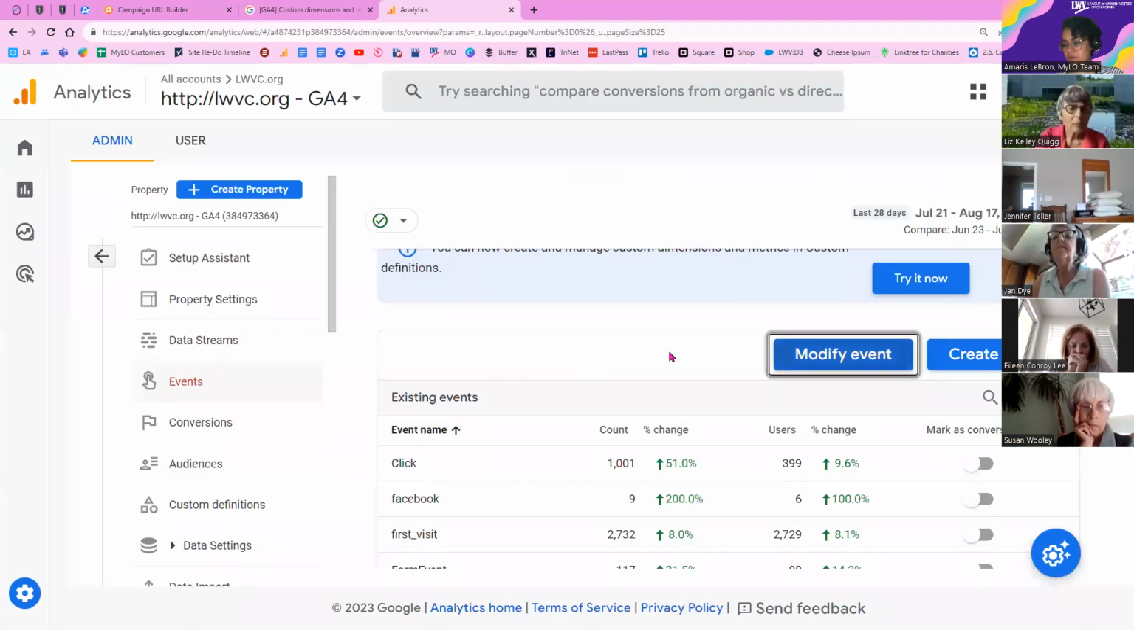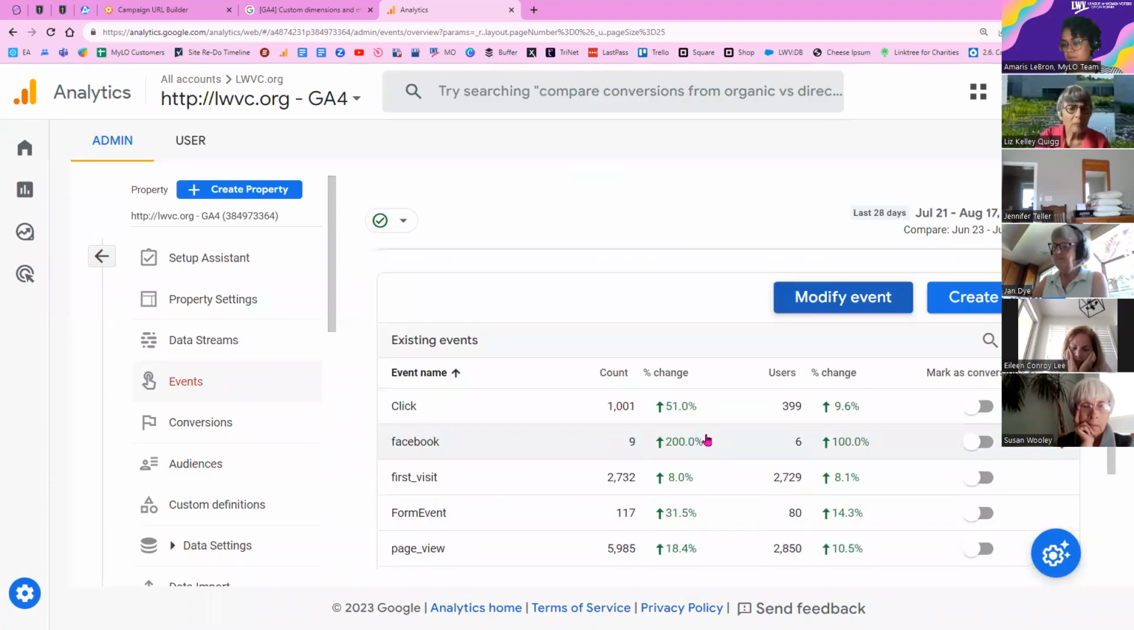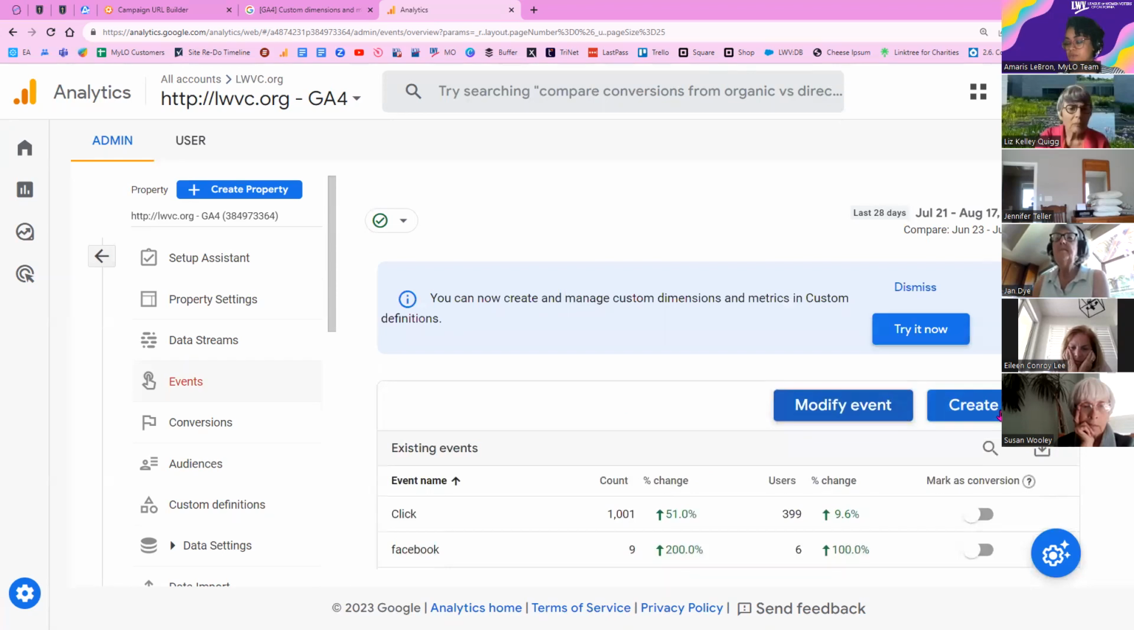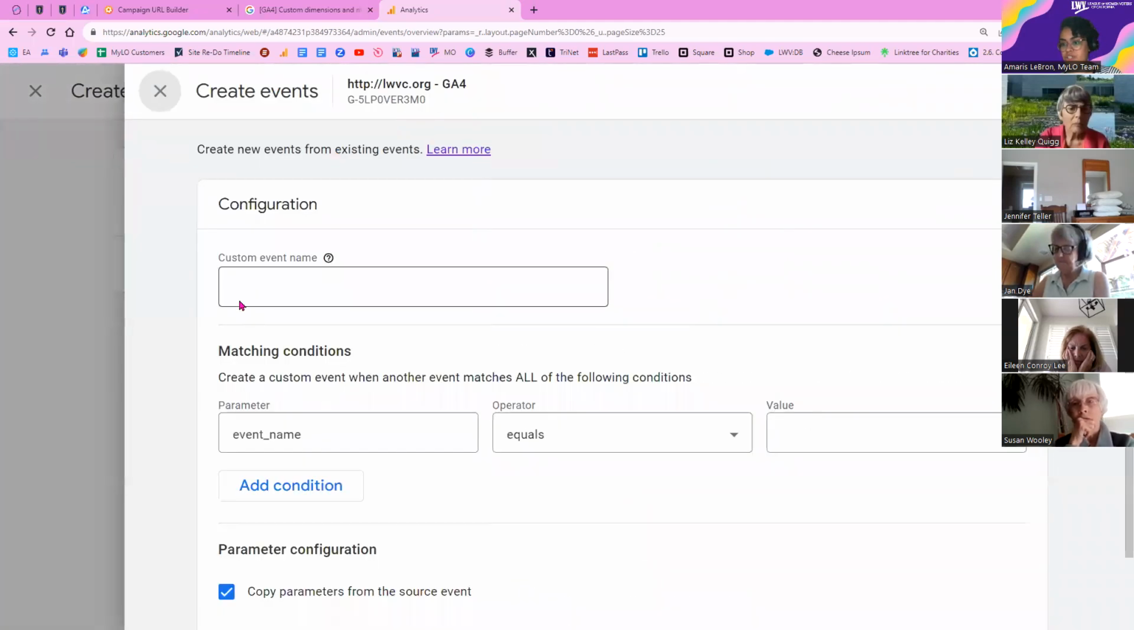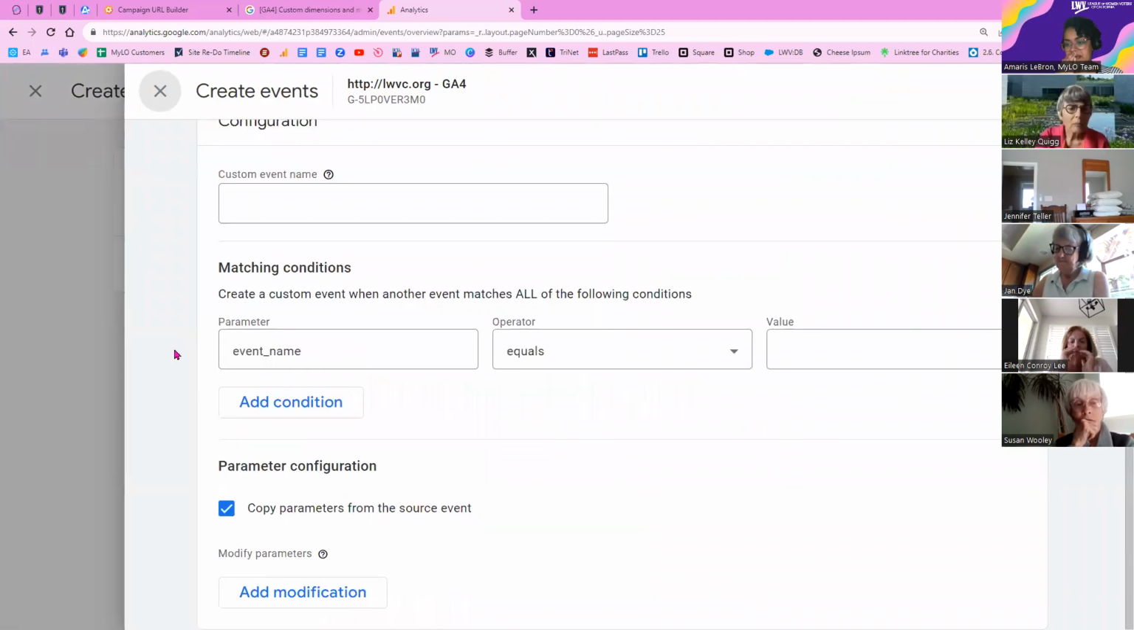And so going back, it probably won't pop up just yet. Let's go now to create an event. It's going to be very similar to what we just saw as far as the fields that were available. But this time,